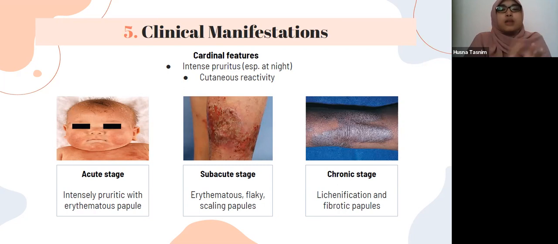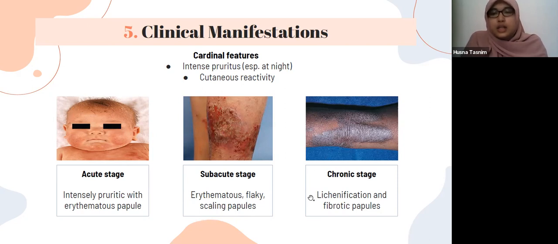So in eczema, we have three stages, which are the acute stage, the subacute stage, and also the chronic stage. So in the acute stage, the characteristic lesion is intensely pruritic with erythematous papules, like in this picture. In the subacute stage, this is actually similar to the acute stage with scaly papules. So you can differentiate. There are some scales or hyperkeratosis on the skin, and then the chronic stage